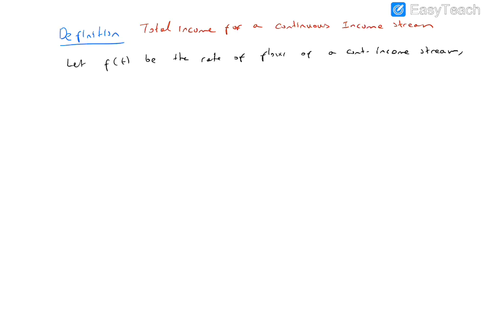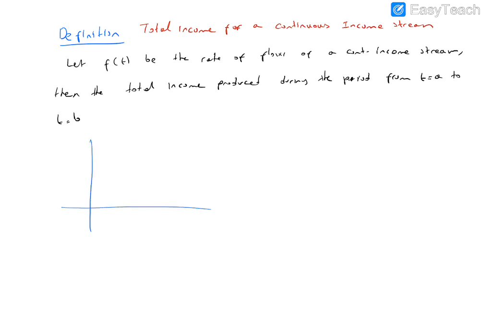Then the total income produced during the period from t equals a to t equals b